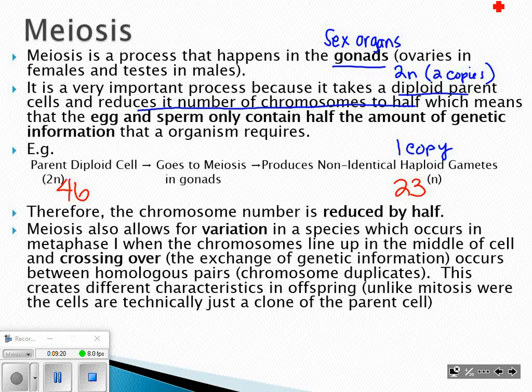And it can happen because those chromosomes aren't divided up all the same. When we undergo meiosis, it's not all your dad's chromosomes line up on one side and your mom's line up on the other like a grade 7 dance and then split evenly. You get a random mix going into each gamete of chromosomes that came from your mother or father, but it can also exchange genetic material when they line up in metaphase. It can swap, and I'll talk about that a little bit. It's called crossing over. Okay? So this is going to create different characteristics in the offspring. So it's unlike mitosis that created identical offspring or just clones of the parent cell,